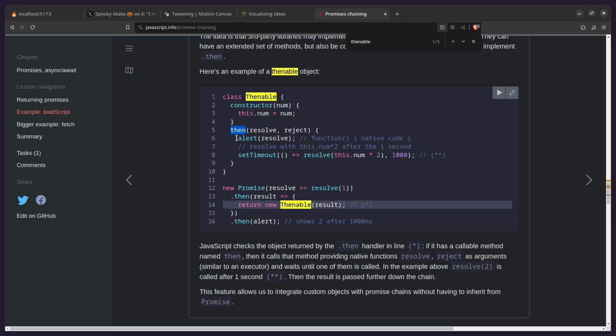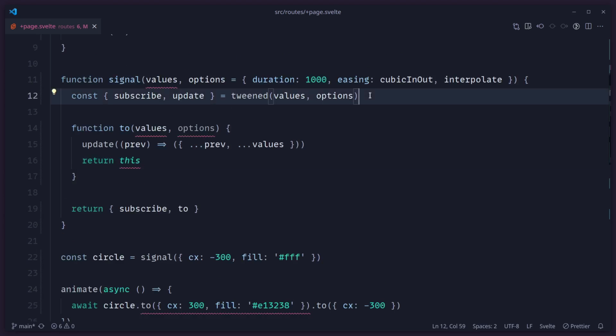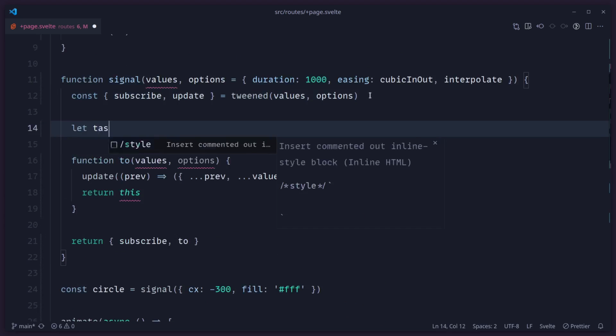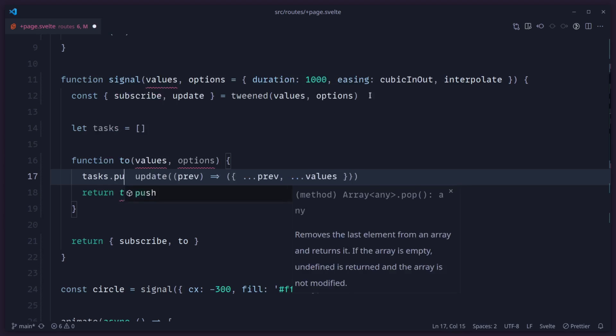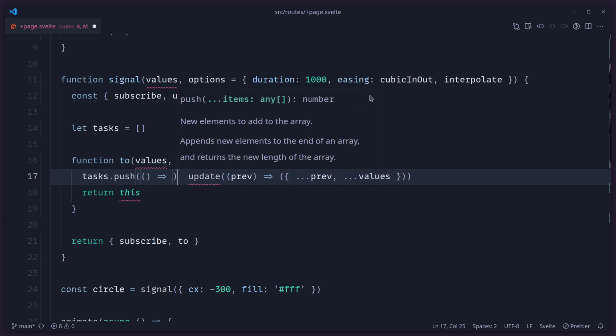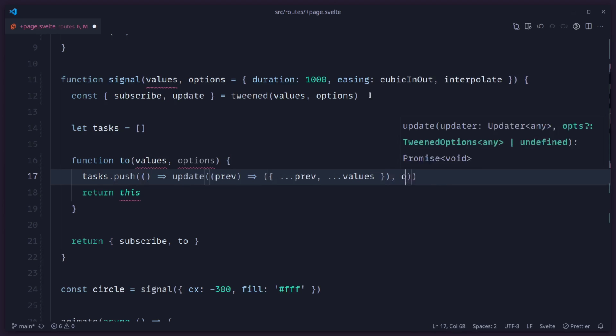So instead of confusing you more with my explanation, let me just show you and everything is going to be clear to you. First, we need to create tasks. So this is going to be our queue. So I can go here and say let tasks. And then instead of doing our animations immediately, how do we defer the execution of something? Well, we can just pass it into a function. So inside of here, let me just say tasks.push. So now we can give it a function and let's just move this entire update function inside. And I just realized I also can pass it options. So we can go here and pass it options like this.